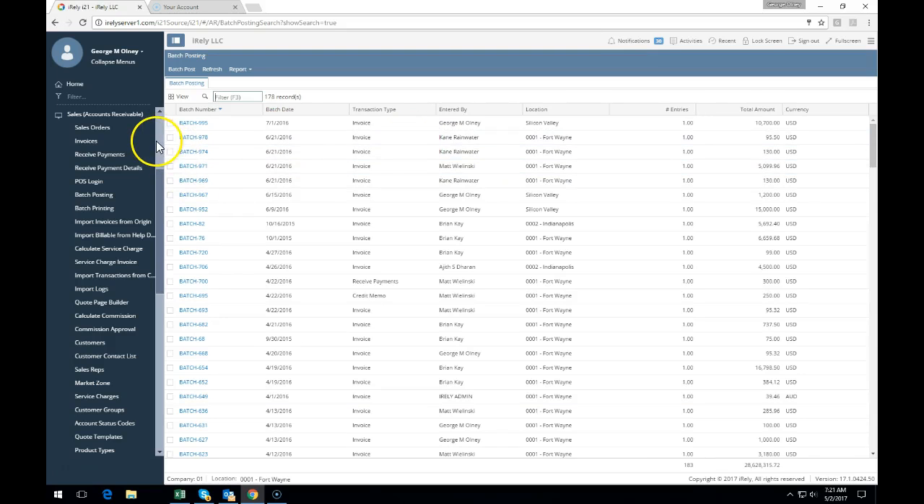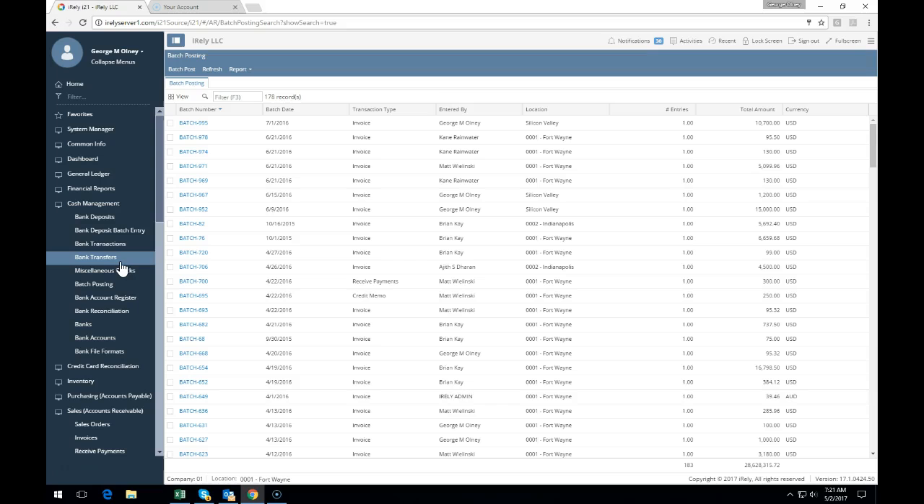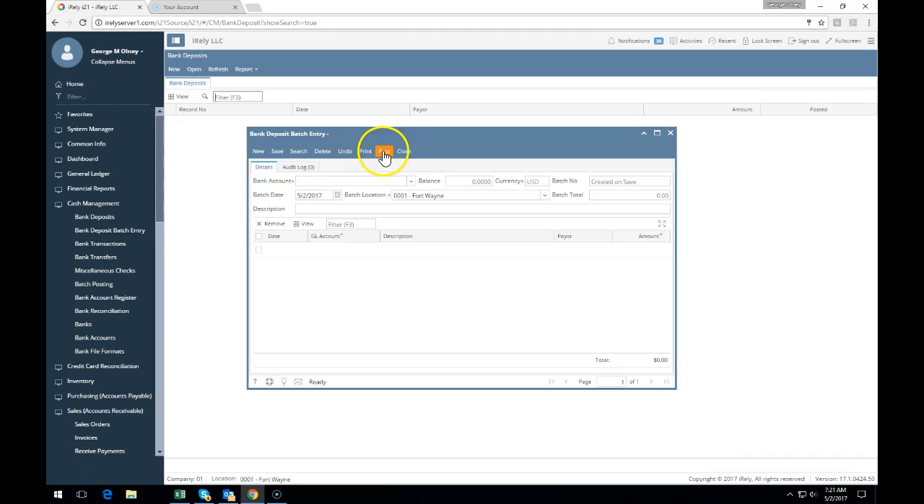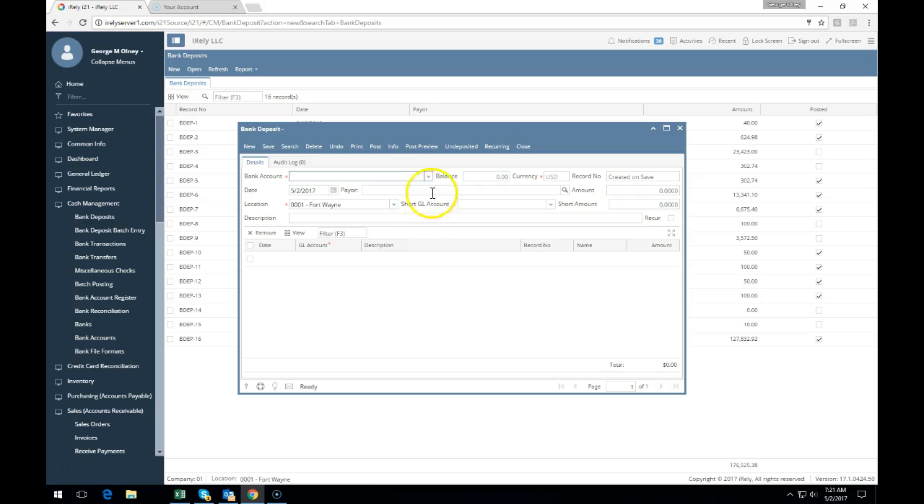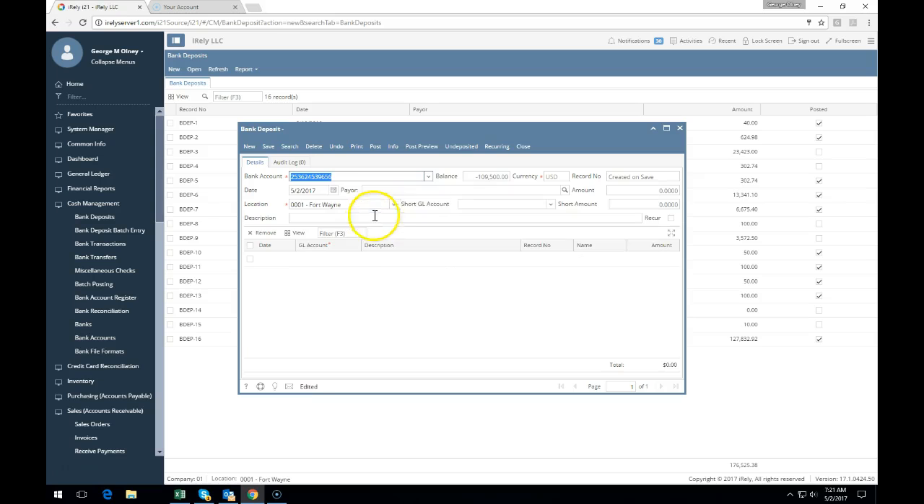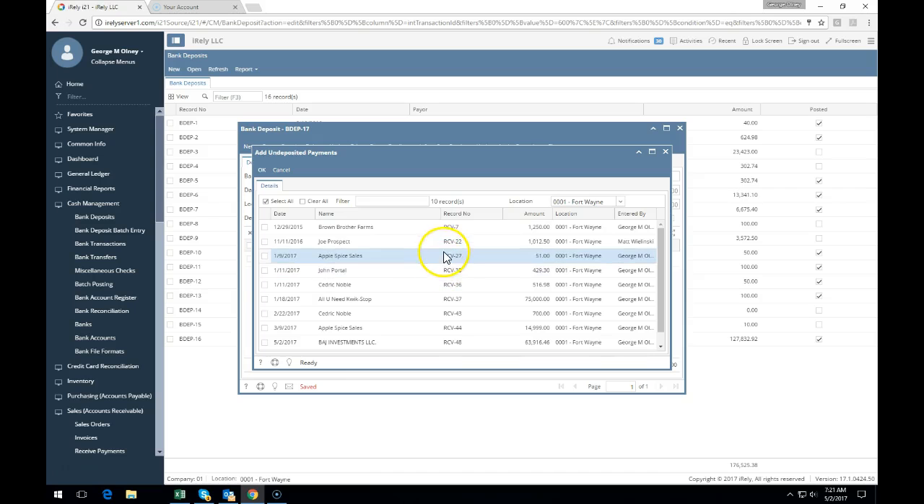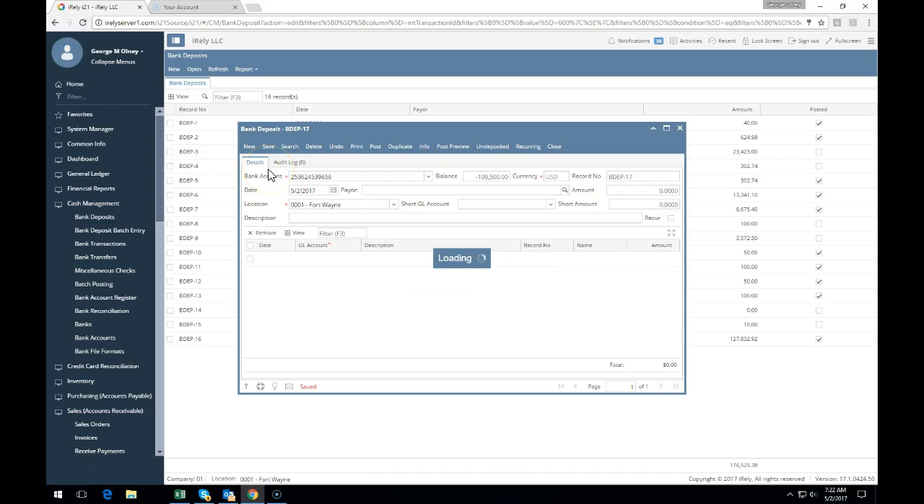So now I'm going to go into cash management, and this is where I would group my deposits. So if I had 20 checks for the day, I could go into bank deposit entry, go into bank deposits and create a new entry. And then what this allows me to do is pick a cash account, and I can pick the cash account that I was working with, and I can look at the undeposited funds in that cash account. And now that undeposited funds tells me, okay, here's the check that you just received, and that's in undeposited funds,